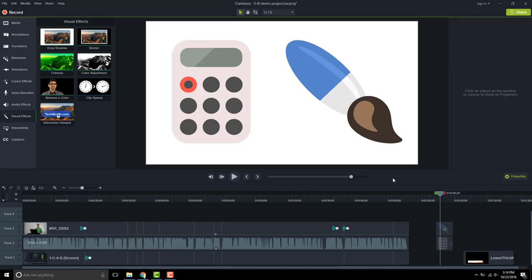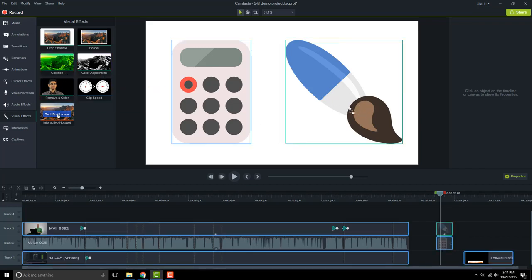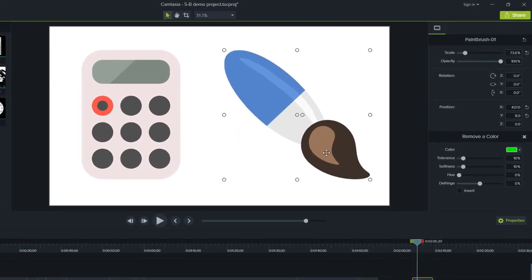Let's now take a look at removing a color. Now this is most often used for green screening. You want to take the green screen out. But I want to show you, you can use this to take out other colors as well. So for example, if I wanted to apply the effect here to this paintbrush and take out that center part,